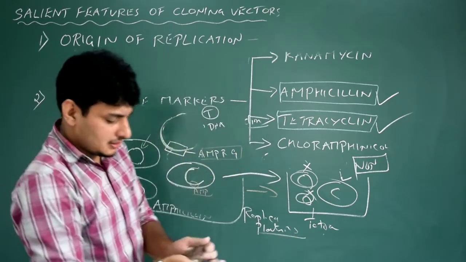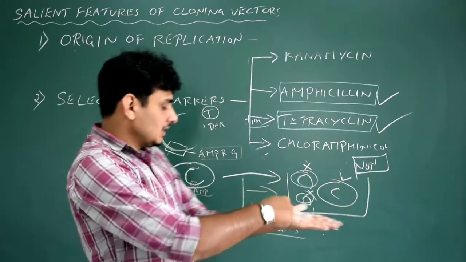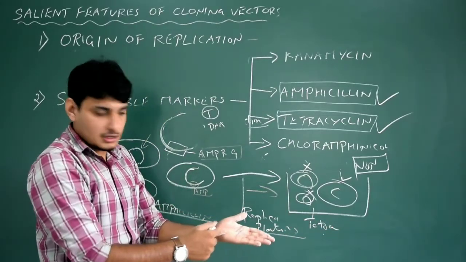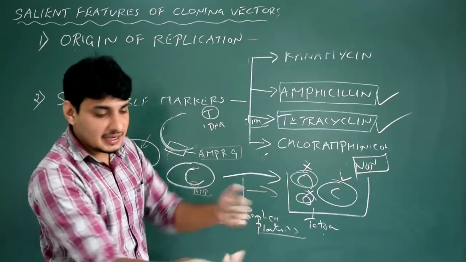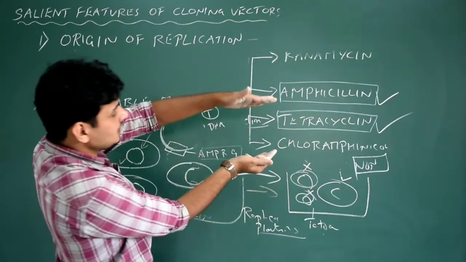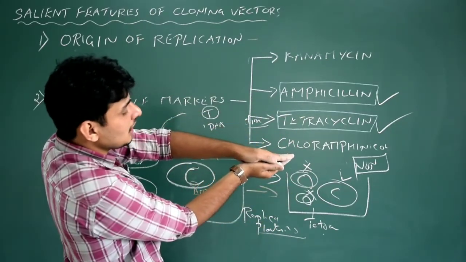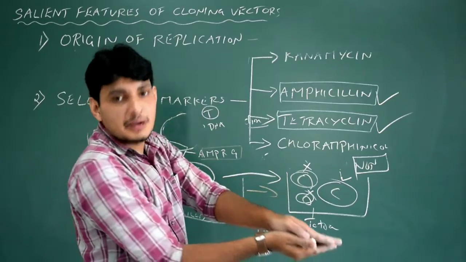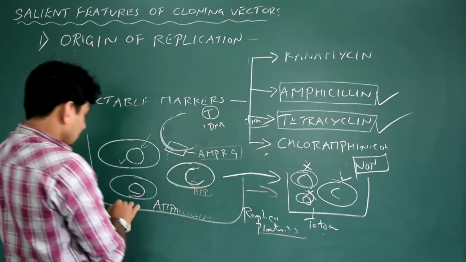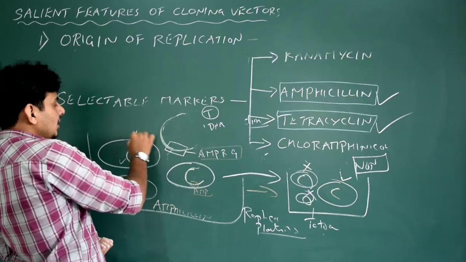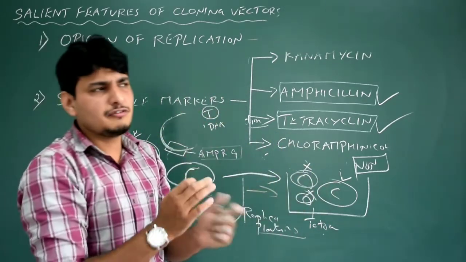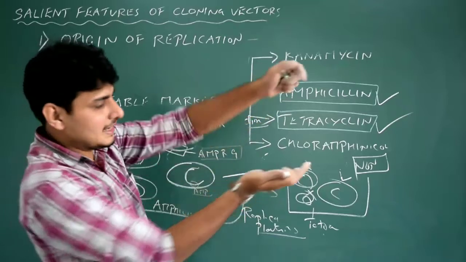What is replica plating? This is a Petri plate containing recombinants as well as non-recombinants. After treating with ampicillin, I take one more Petri plate containing tetracycline. So I just copy it like this. I just place it exactly on the other Petri plate. This is called replica plating. Replica plating means I am just imposing some host organisms to be transferred to this other Petri plate. If you have doubts, you can check on YouTube how exactly it is done.